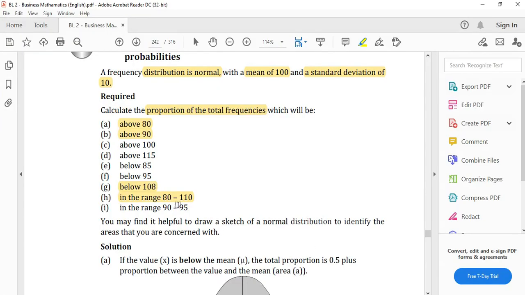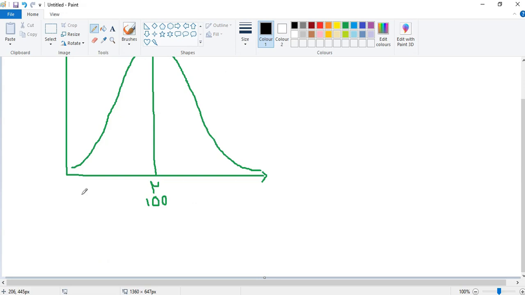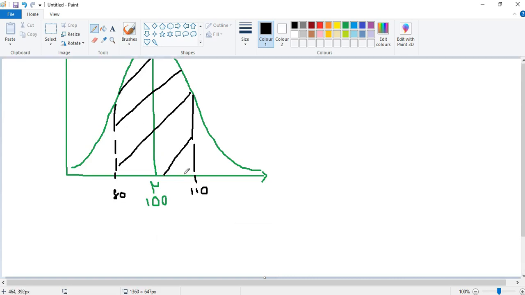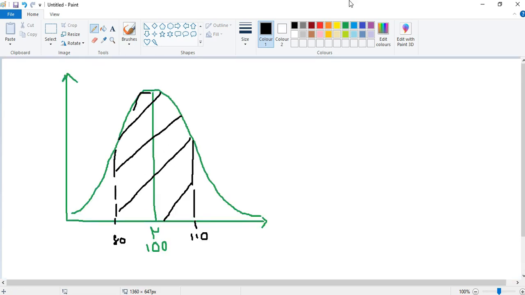So they say the range 80 to 110. 80 is here. 110 is here. Okay, now let's mark. So they basically need this section. Interesting. Now to get this section, first we need to calculate this part separately